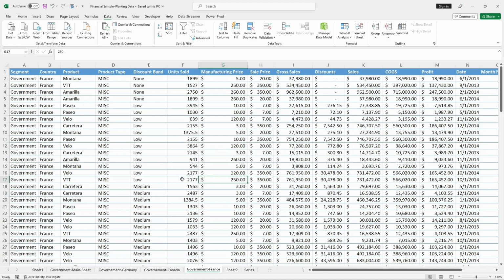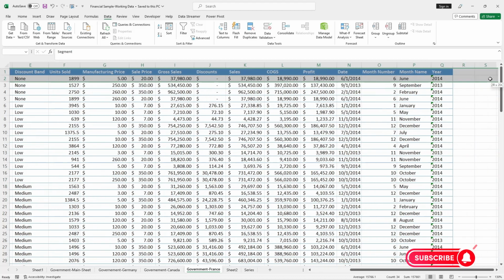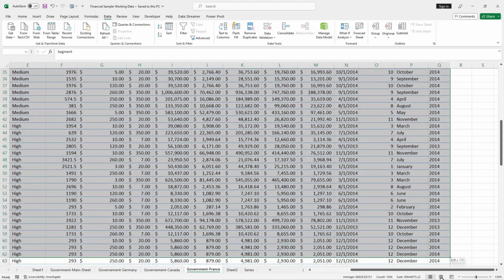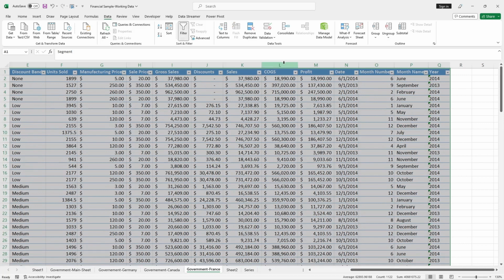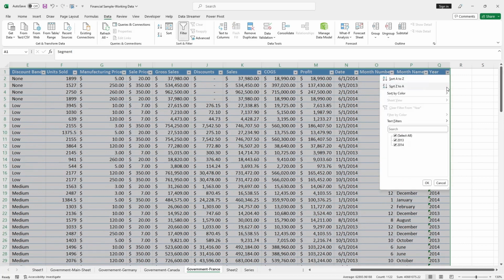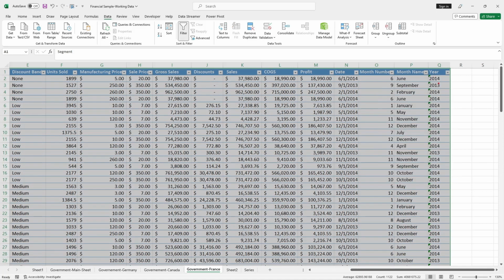Welcome back. In this video, we will learn how to use filter and sort option. If I wanted to do the filter, I will select the range of data, then use the filter option. Now, if you see, there are here with 2014 and 2013, but I wanted to sort this with